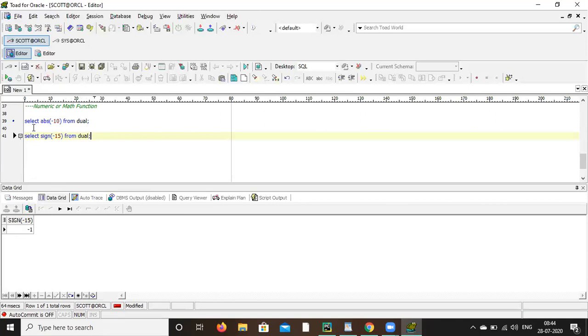So that you can understand while doing the coding, suppose you need to know whether it is positive, negative or 0, you can check using sign. You can do it for positive and 0 also. Select only 15 from 12 and select 0 from 12.